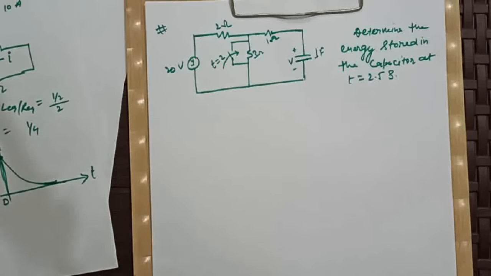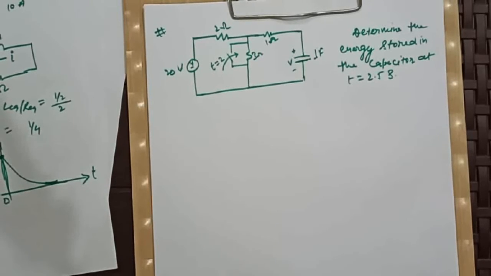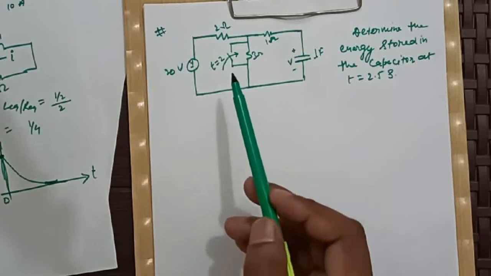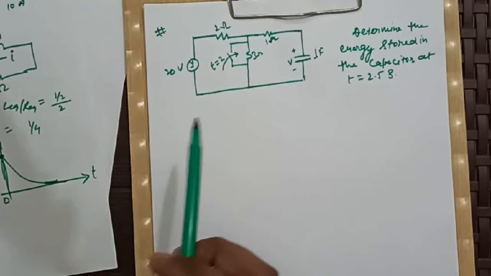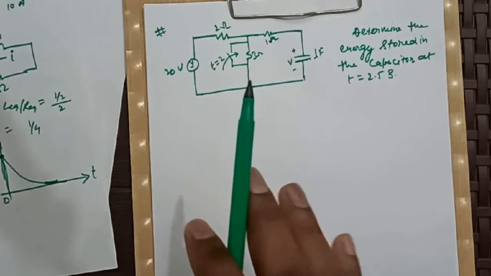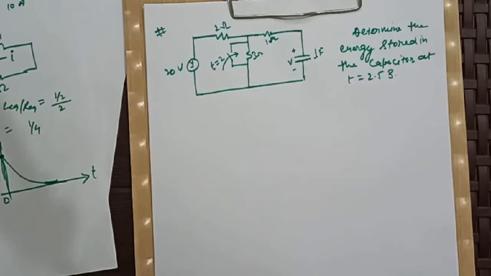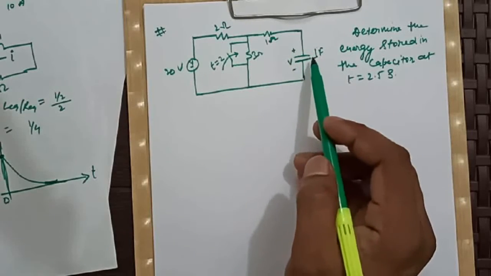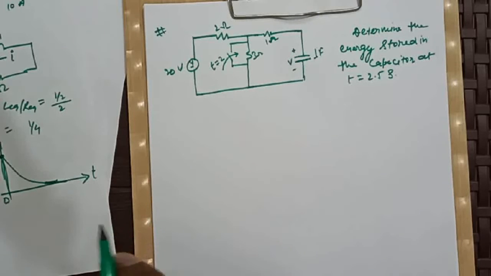This is also an example of a source free first order RC circuit, right? So what will be the state variable? This is nothing but the voltage across the capacitor. Now see this figure. We are closing this switch at time t equal to 2, which means before that the circuit was in steady state. This capacitor had acquired its maximum voltage, and after that it was acting like an open circuit, as I told earlier that the capacitor in steady state acts like an open circuit.